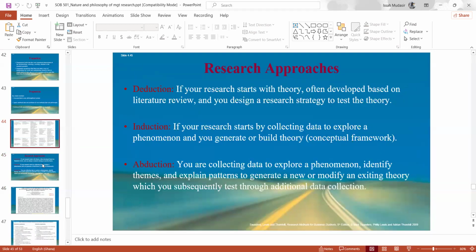If you are bold and you stand on your views and opinions, there's no reason why you cannot say that I'm a constructivist, or I'm a positivist, or I'm a realist. Okay? But if after all this you feel that none of them is good for me, you can become a pragmatist. Yes, it's possible.